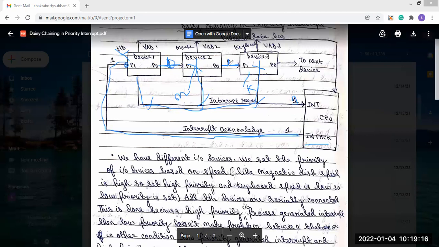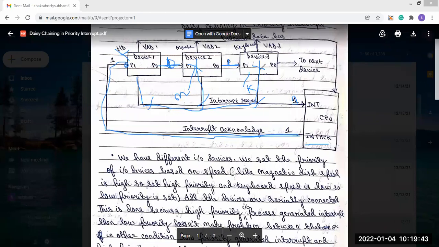When this 1 is sent to device 3, it will be consumed by device 3 now, because it generated the interrupt. So 1 will be consumed by device 3, and that means the CPU will be able to know that device 3 generated the interrupt. So this is the architectural process.